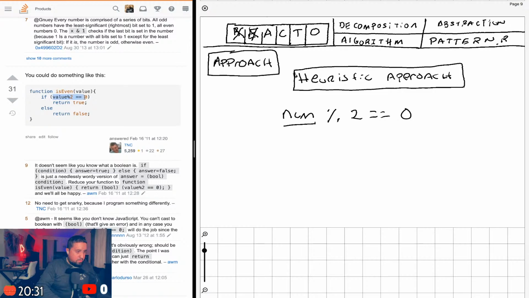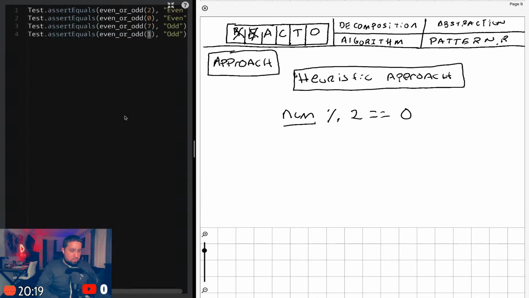Right? We do this with FizzBuzz. If it's even or odd, you spit out fizz. If it's divisible by whatever number, you spit out buzz, etc., etc. So there it is. All right. So I'm gonna go with this. The approach is basically this is like the bulk of it.